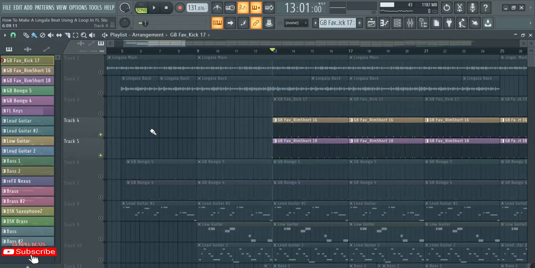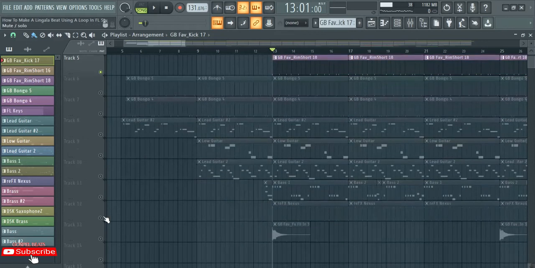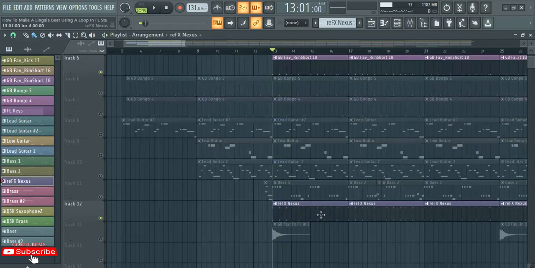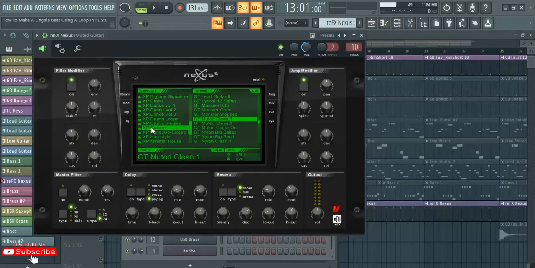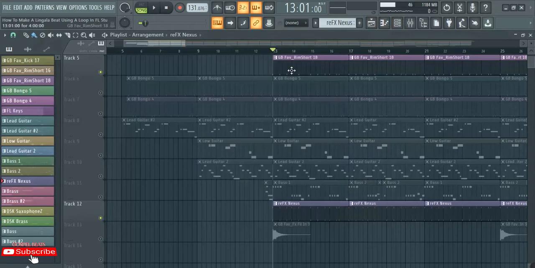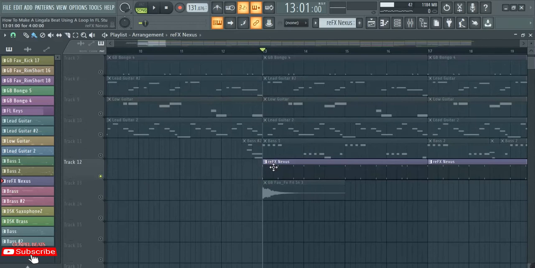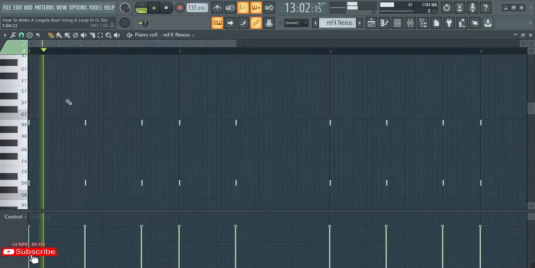But one thing I've learned also is that these rim shots, they are playing together with the muted guitar like this. So here the rim shot only. When I add the muted guitar from Nexus, from XP guitar, muted clean guitar, it's the one which I've used. So it is playing with these two rim shots like this. So I just got the rim shot where it is playing, then that's where this same guitar is playing as well, you can see.